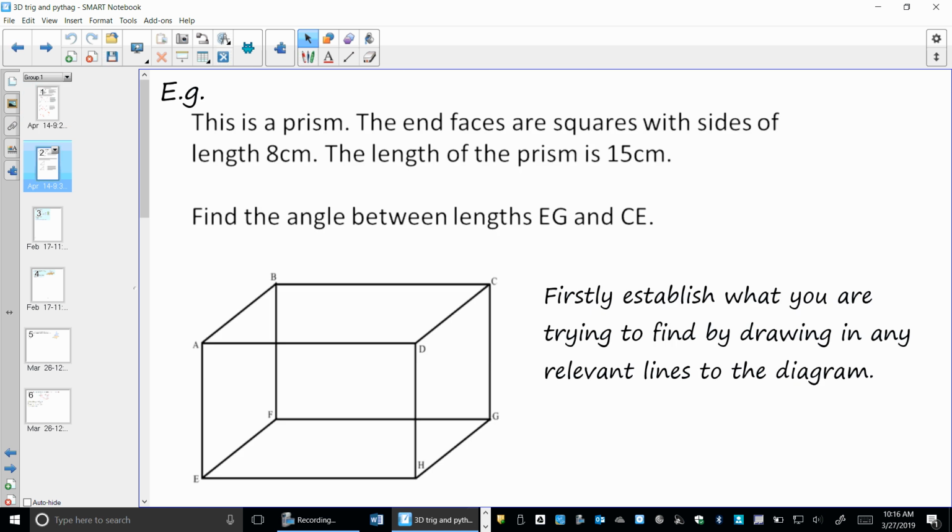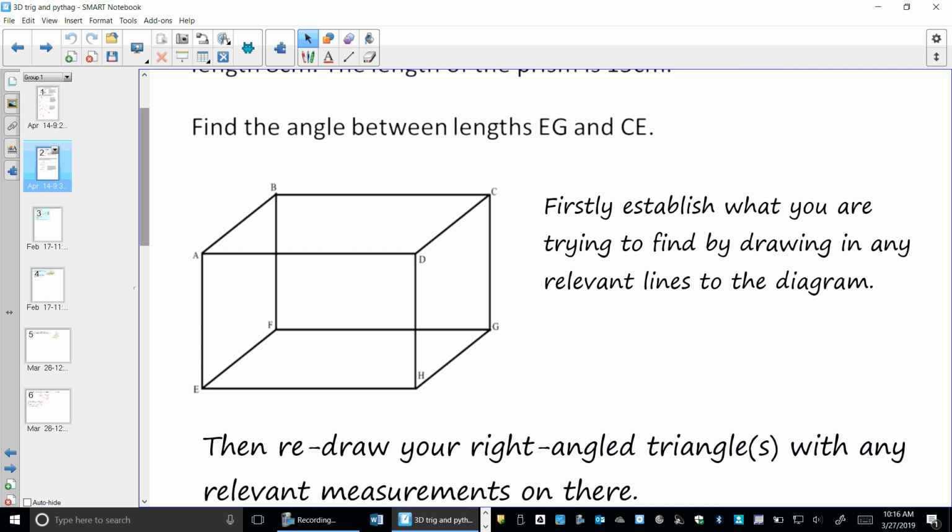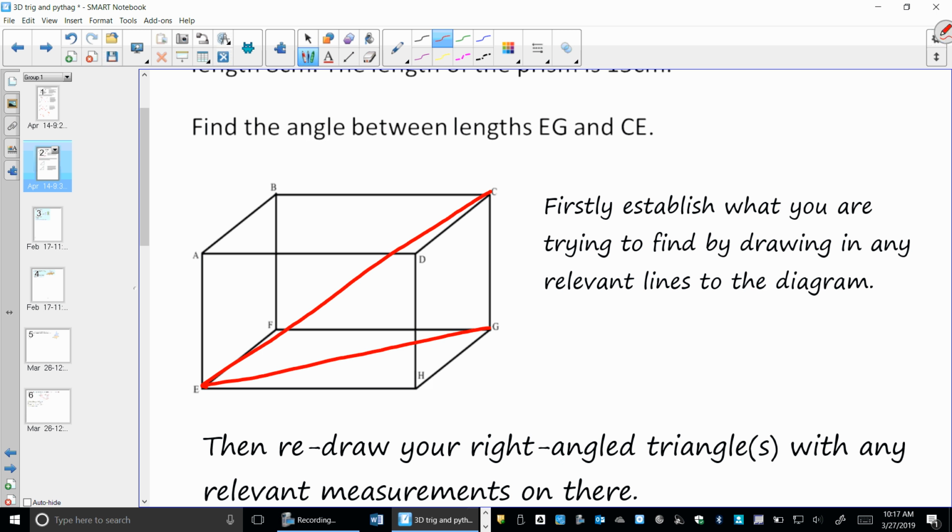So here's a prism. The end faces are squares, the sides of length 8, the length of the prism is 15. Find the angle between the lengths EG and CE. So here we need an angle. So EG is this diagonal here, and CE goes through my shape there. Okay,